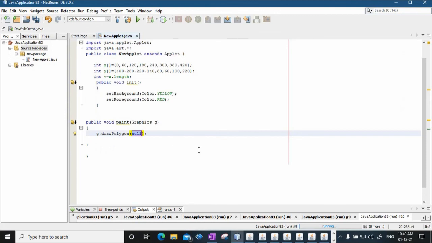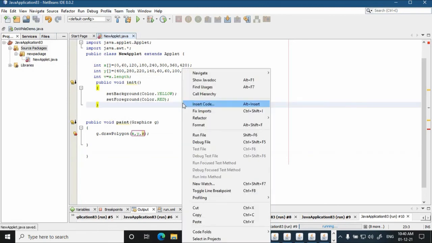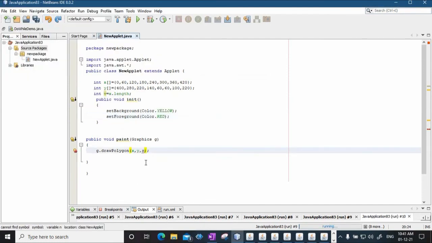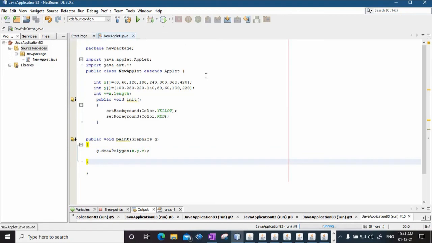In this draw polygon, I will be specifying x, y and the value of n. I will save this and let us run. I will just write v over here, not n. That's why it was not displaying the polygon. I will run the file.